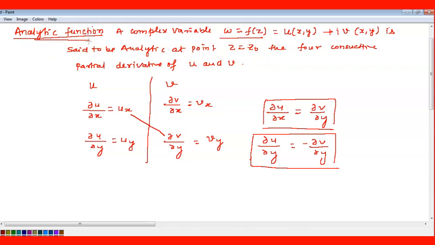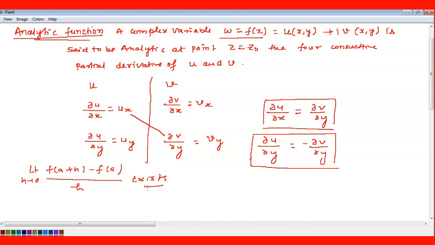Consider that you have studied differentiation in real numbers, right? Differentiation is the limit as h tends to 0 of f of a plus h minus f of a by h, which should exist for differentiation. Here also, in the complex form, differentiation is what is said to be analytic. Here the real and imaginary parts are both there, so we cannot just say the function is differentiable; we say it is analytic. For real numbers it is called differentiable, and for the complex case it is called analytic.